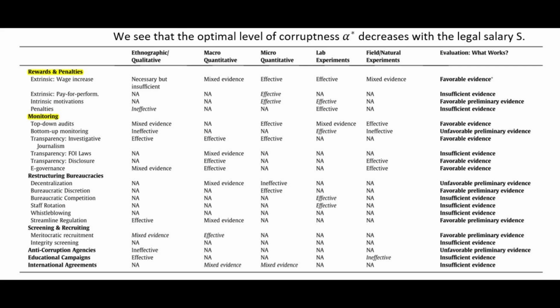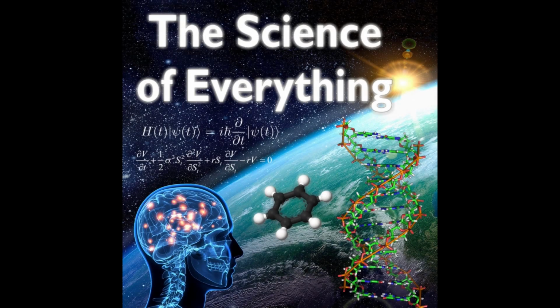But again, by itself, it's not going to be sufficient, obviously, because corrupt officials like being paid more, just like anyone else. But the point is that you combine it with better monitoring and higher levels of transparency, and then in combination they can be quite effective in reducing corruption. That concludes the section on corruption.